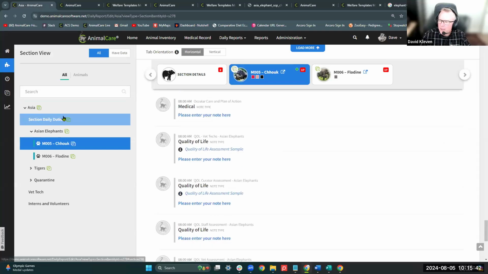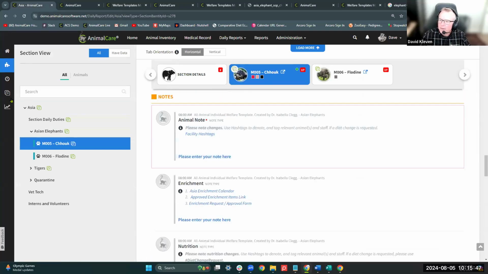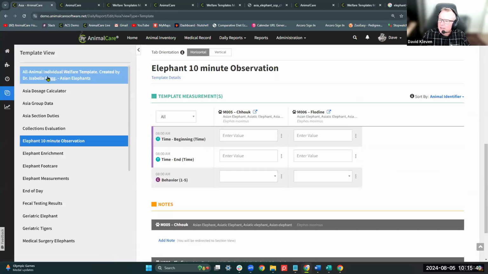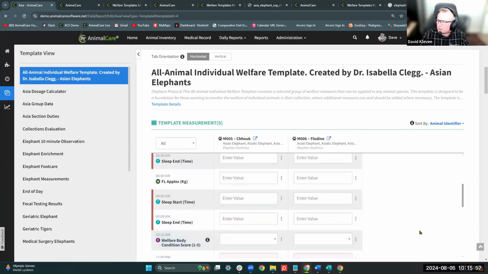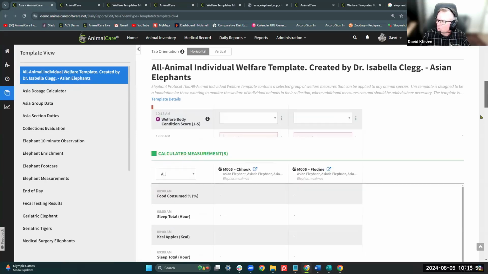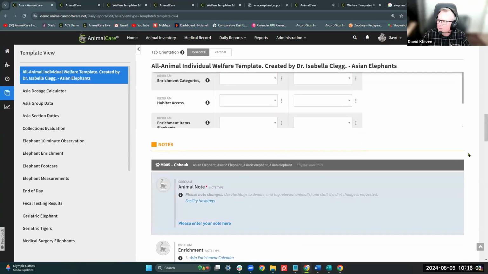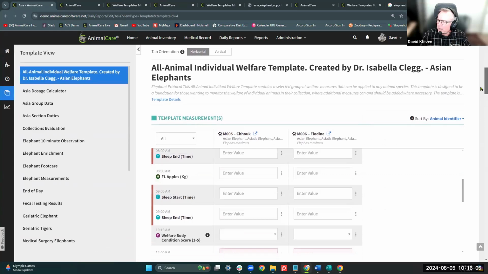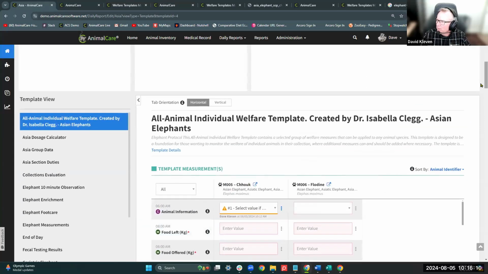A request that we get often is, is there a way, well, let me jump back down to the templates, to kind of mix this up? So I have a measurement, then I would have a note, right? That would be like from the notes down below, where they click on it and open up a note to enter details. In a way, and you can tell me if you think I'm wrong in my thinking,